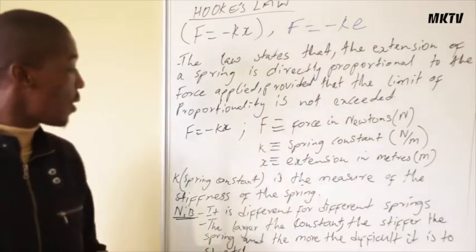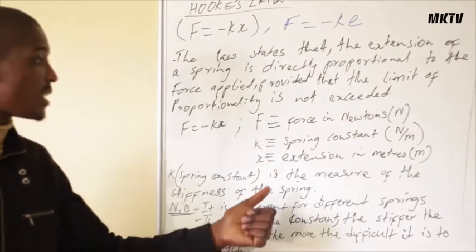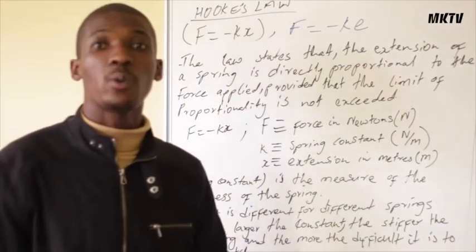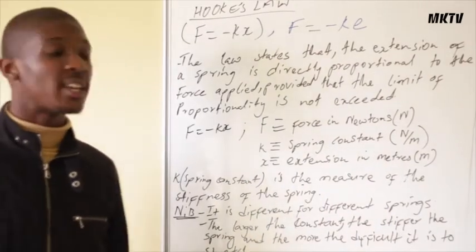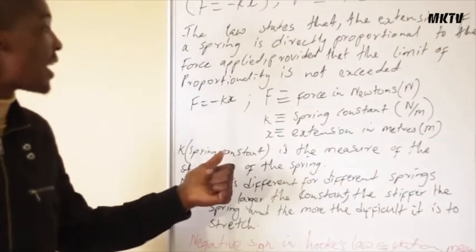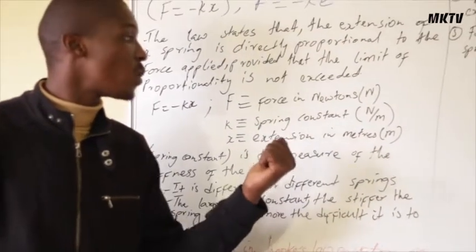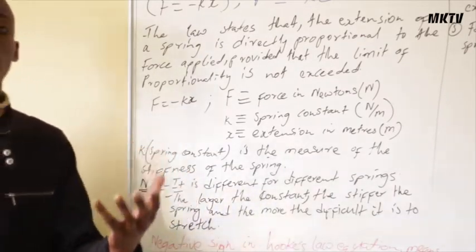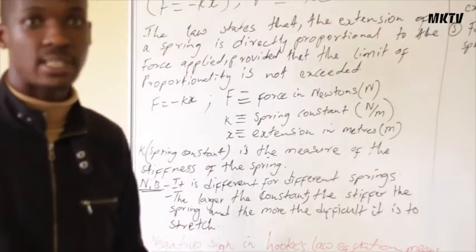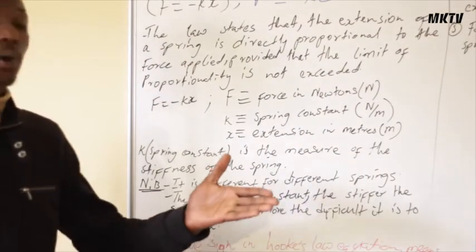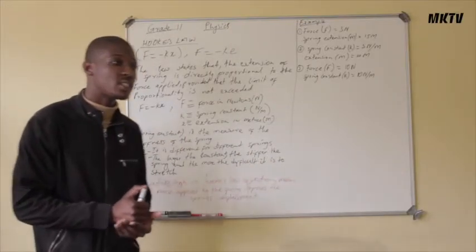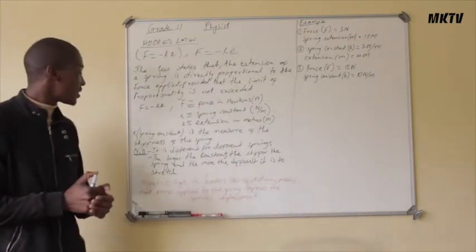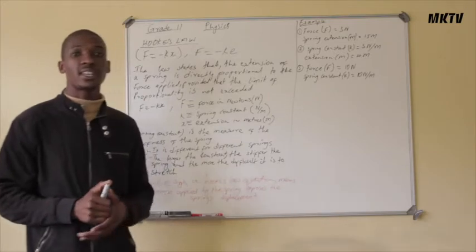So moving on, the spring constant is the measure of the stiffness of the spring. Therefore, if we want to know how stiff the spring is, we conclude that by calculating the spring constant k. And you have to note this: the spring constant is different for different springs, and the material that makes up the spring is more important and is the one that causes the spring constant to be